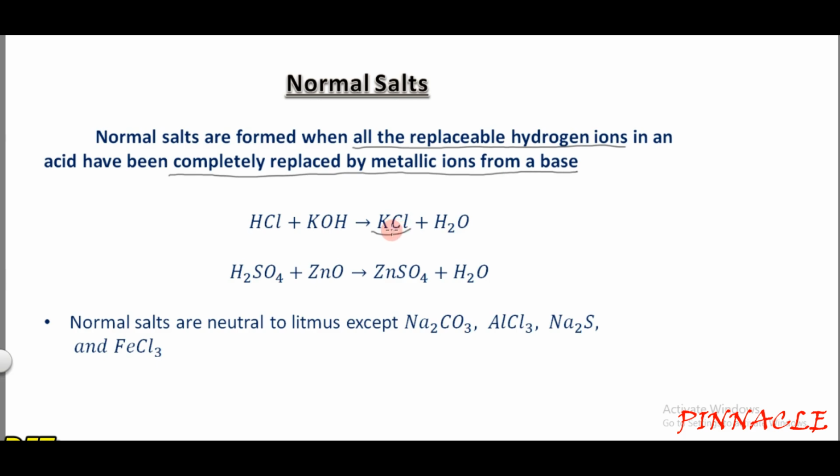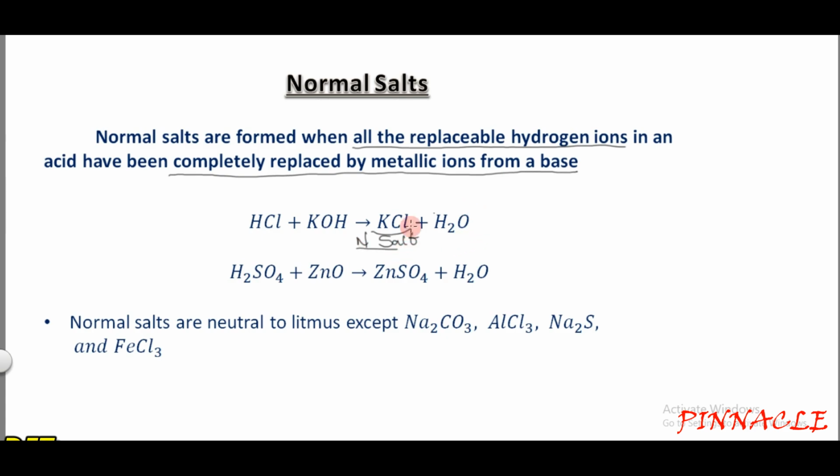Alright, why is it a normal salt? It is a normal salt because it does not contain any hydrogen ion, it does not contain any hydroxide ion, and all the replaceable hydrogen ion in the acid was completely replaced by a metallic potassium ion to form potassium chloride. Alright, that is why it is a normal salt. Again, why is potassium chloride a normal salt? It is a normal salt because all the replaceable hydrogen ion in the acid, which is hydrochloric acid, have been completely replaced by a metallic potassium ion from this base. Alright, so this is an example of a normal salt,